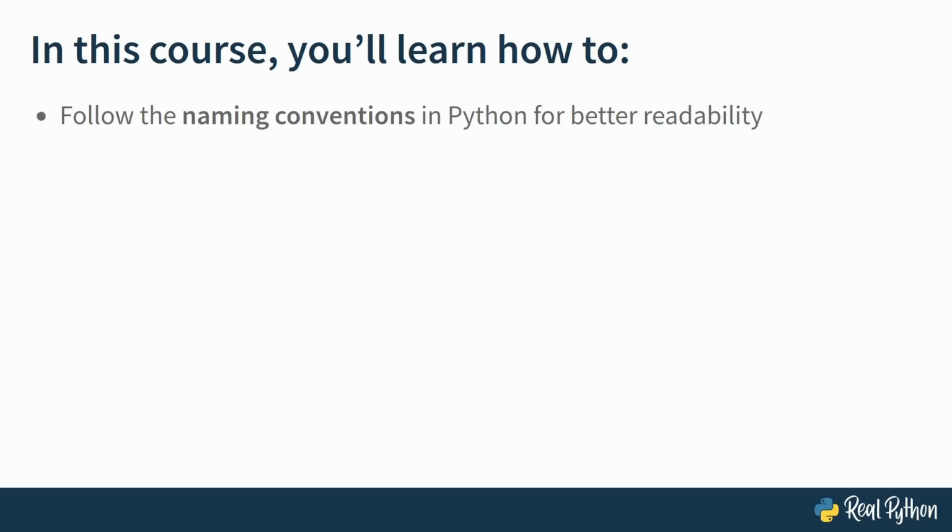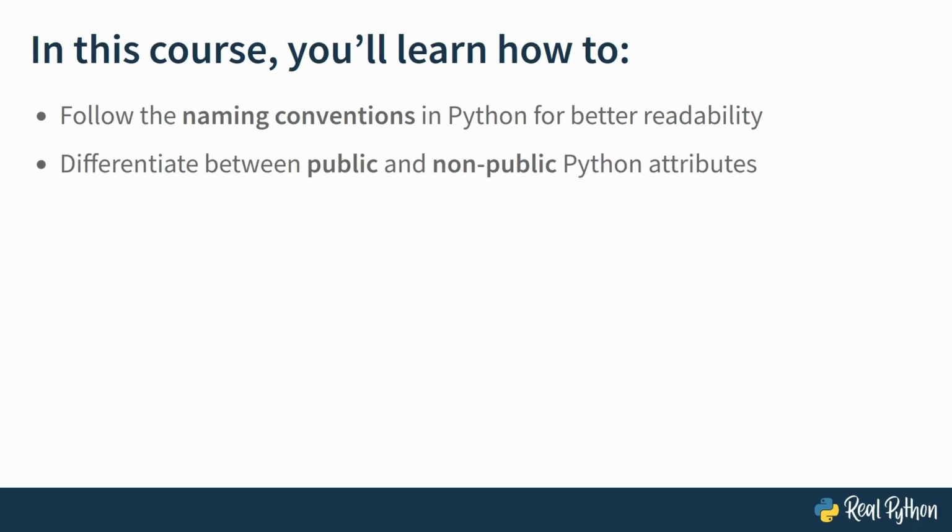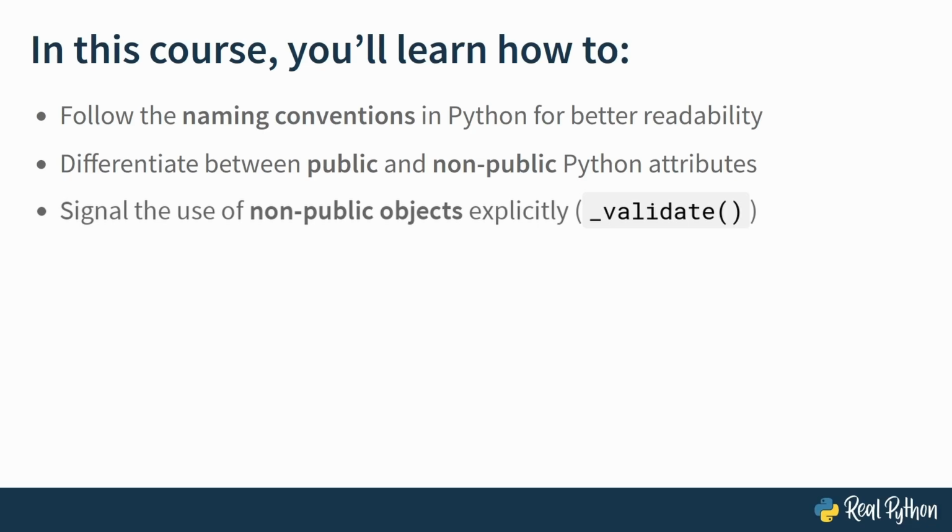In this course, you will learn how to follow naming conventions in Python for better readability, because you will find that these underscores and the way they are being used is all linked with naming conventions. You will learn how to differentiate between public and non-public Python attributes. You will learn how to signal the use of non-public attributes explicitly, for example, with underscore validate, so you start